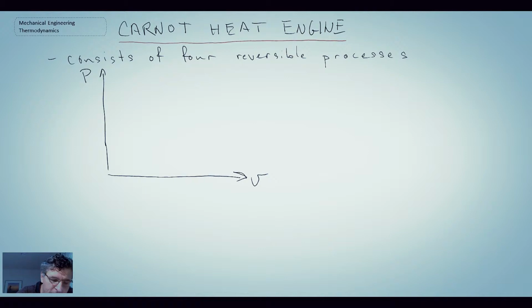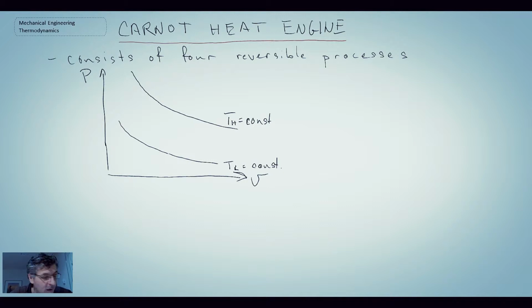So we will begin with an isothermal process. Actually, there are 2 isothermal processes involved in a Carnot heat engine. One of those isothermal processes is taking place at T hot, and the other is taking place at T low. So if you recall, when we talked about sources and sinks, that would be the source temperature and the sink